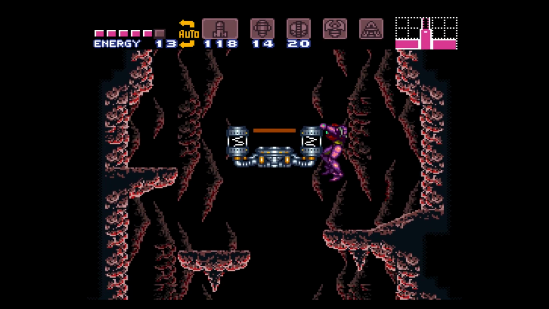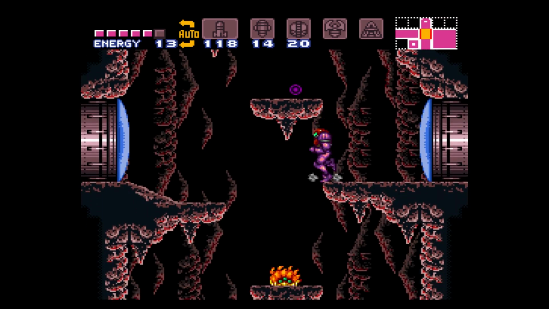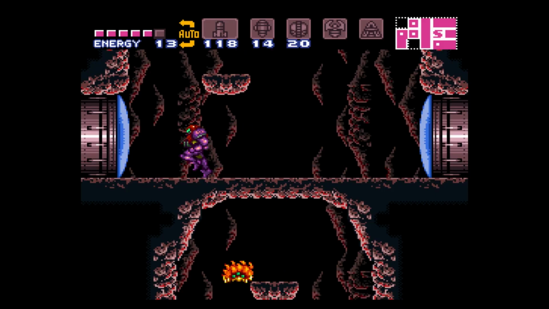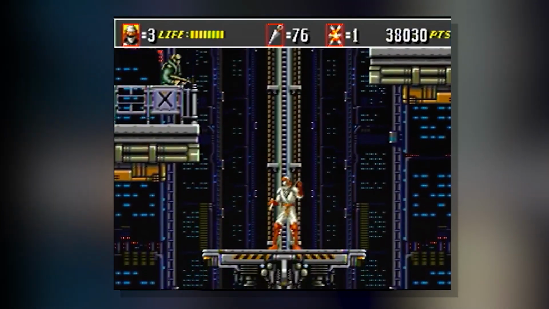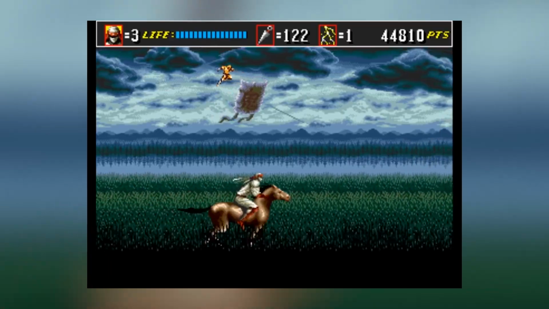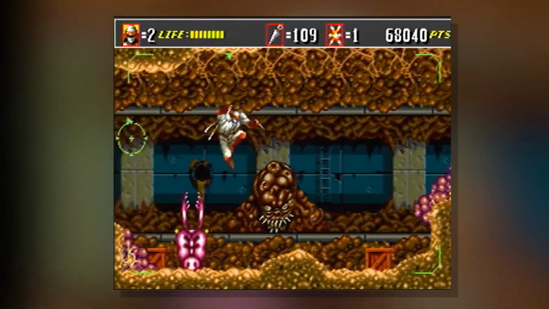This is the sort of effect I think would work in places like Norfair, particularly down the main shaft. It'd add to that depiction of a cavernous lava pit. An earlier stage in Shinobi has a similar effect when going up as well. In fact, Shinobi 3 manages parallax scrolling really well, putting it to good use in boss fights and other sections